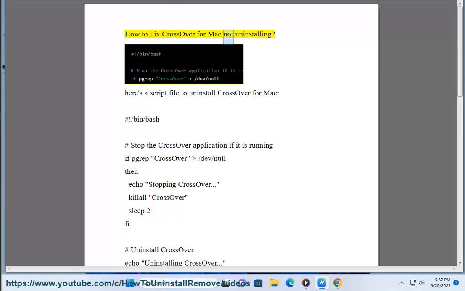How to fix CrossOver for Mac not uninstalling. Here's a script file to uninstall CrossOver for Mac. #!/bin/bash #stop the CrossOver application if it is running if grep